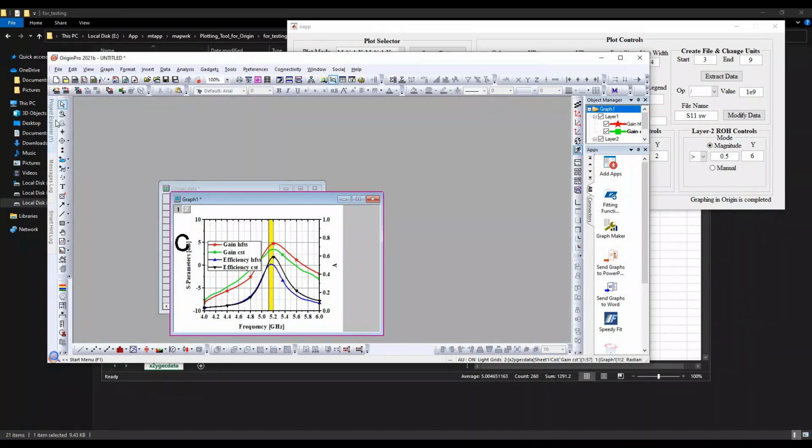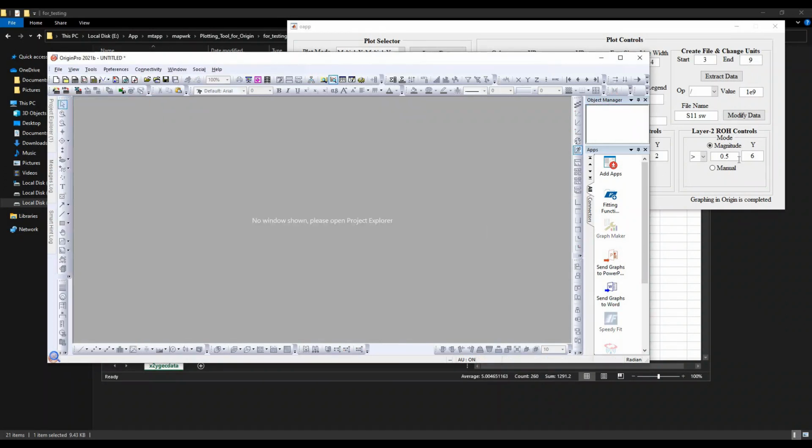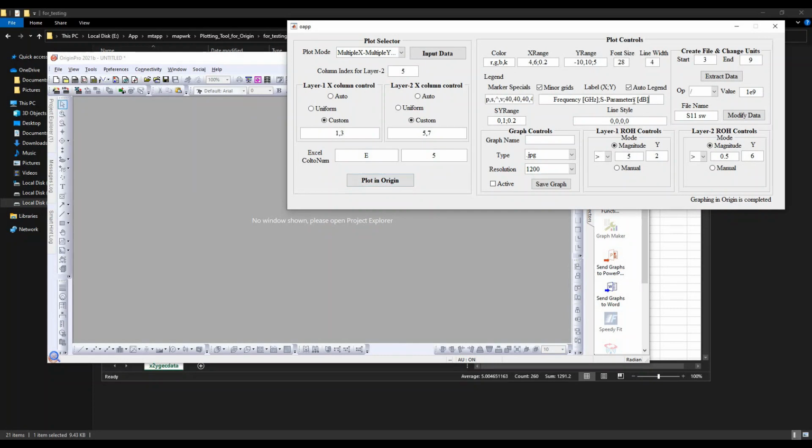I'll show you. Just the label on the right y-axis, efficiency, needs to be inputted. This is gain dB and efficiency. Efficiency being greater than 0.5.